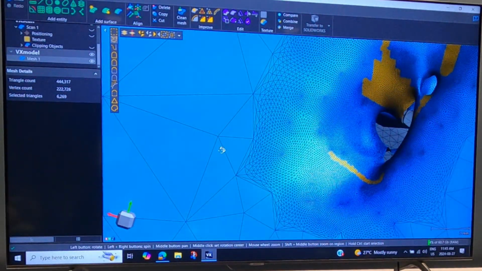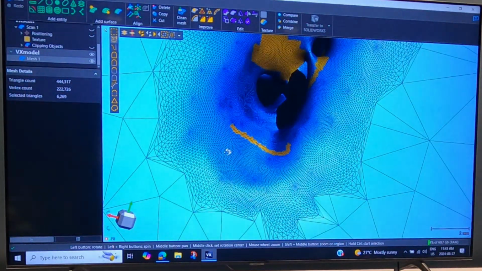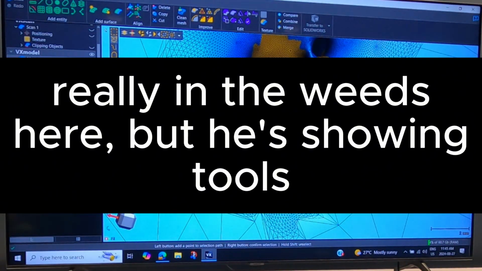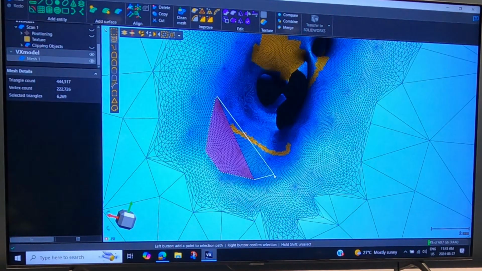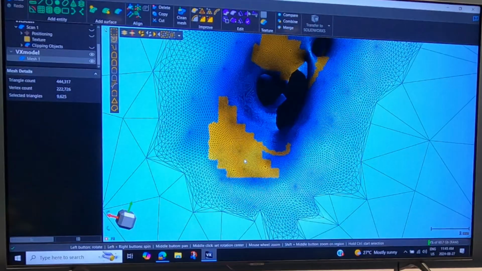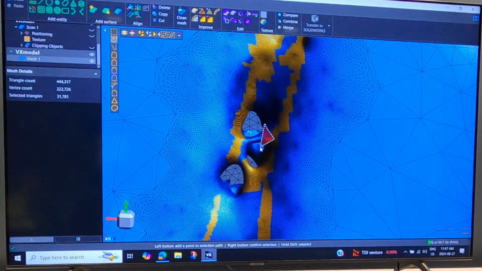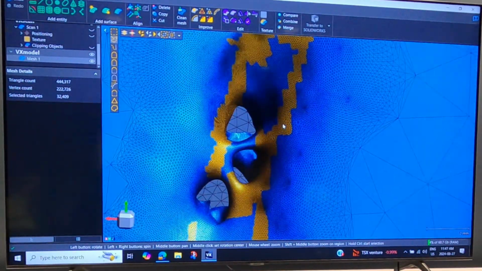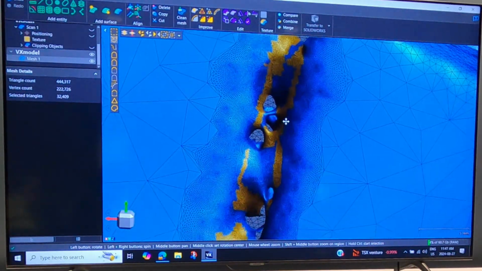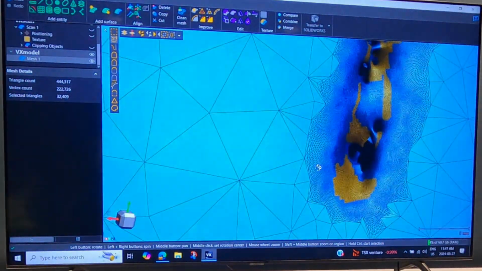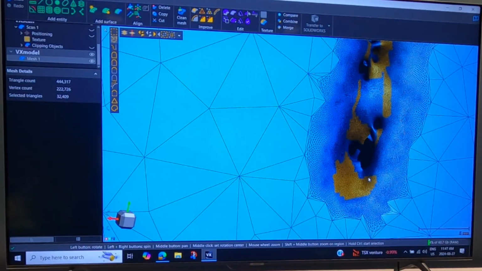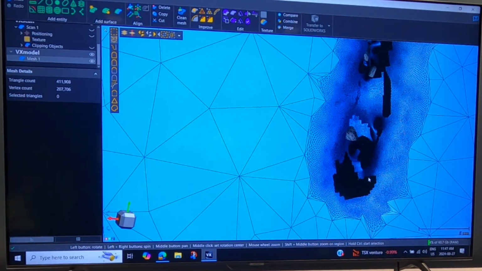Yes, I do. This, maybe not so much. That's not connected, that's not connected. If I hit delete,